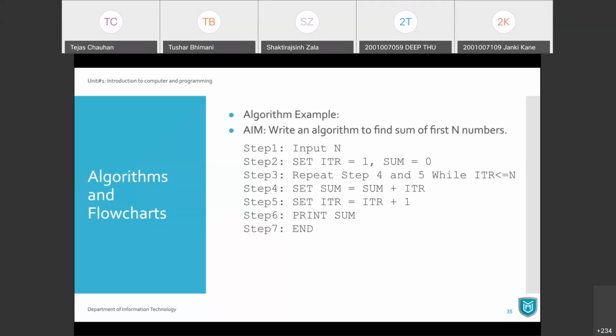Okay, so this is how we write algorithms, and look, we are going to have these algorithm examples throughout our semester. When we start the C programming language, at that time, side by side, I'm going to give you a few steps, and those steps are nothing but the algorithms. I'm going to write some algorithms first, and then I'll tell you what the program steps will be. So throughout that process, you will be much clearer about algorithms. Yeah, so let's move on.